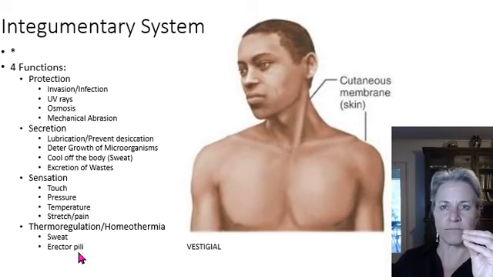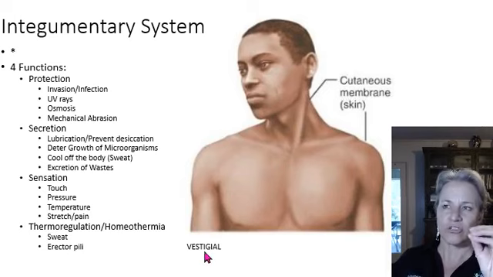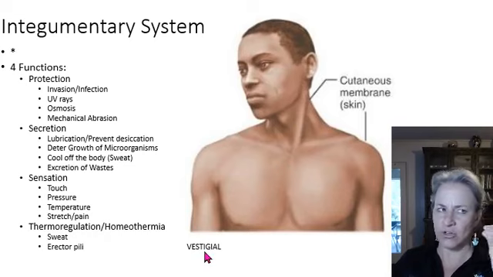Now, in some places when you read about the erector pili, they may be referred to as a vestigial structure. A vestigial structure is something that was important in your evolutionary past but is no longer important today. We have a number of these vestigial structures, but I don't believe the erector pili quite qualifies as a vestigial structure,